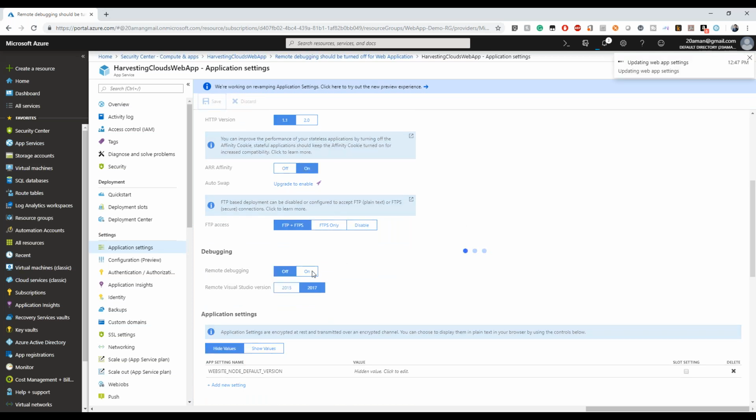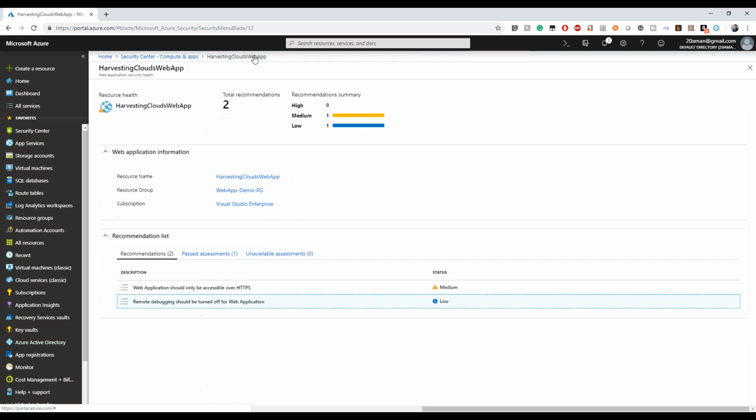I want to enable that when I'm developing the web app, but in my production environment, I do not want this enabled. I definitely want this removed so that a malicious user should not be able to come into my environment and try to connect to my web app through the remote debugging feature.